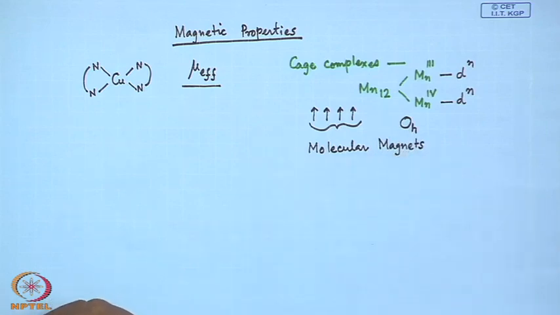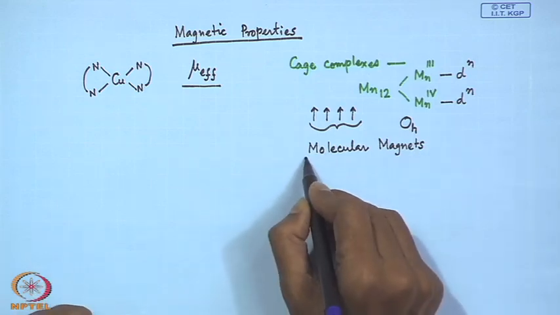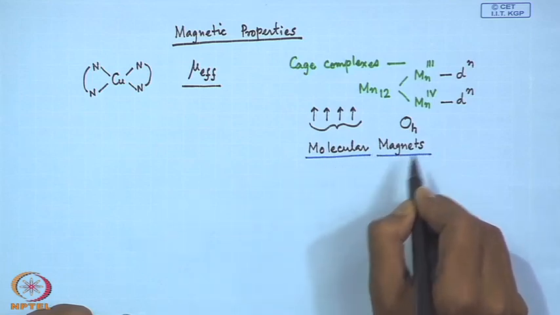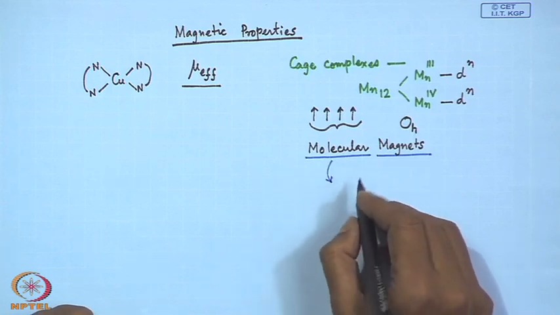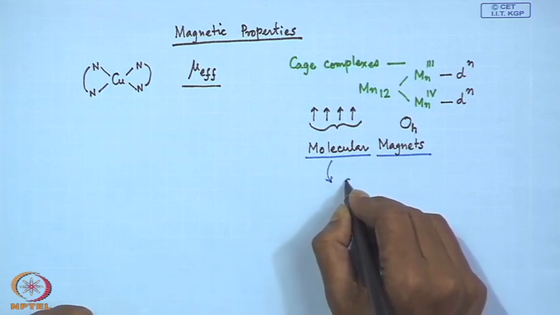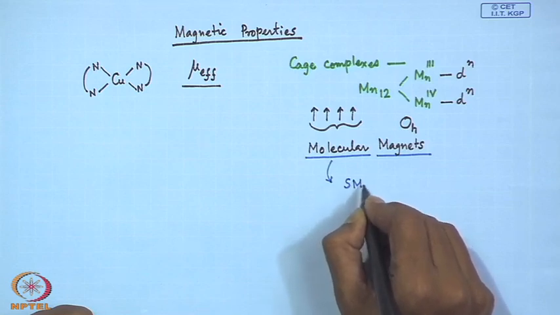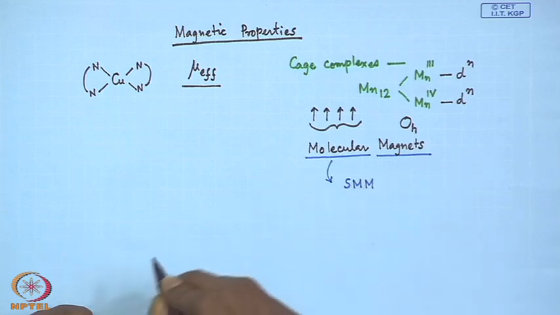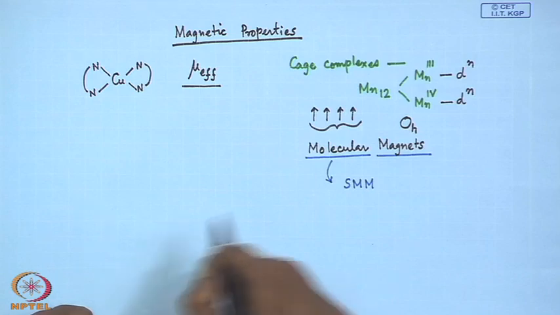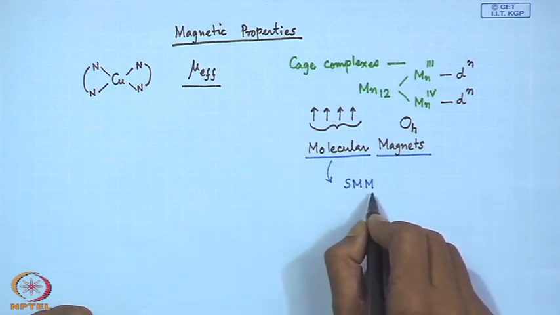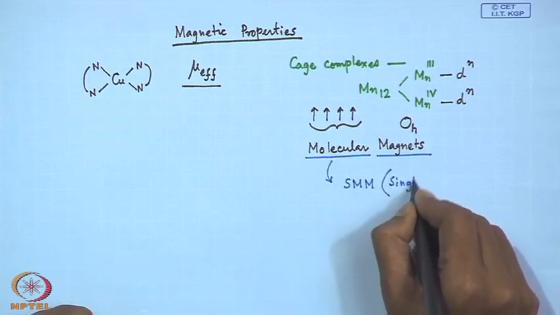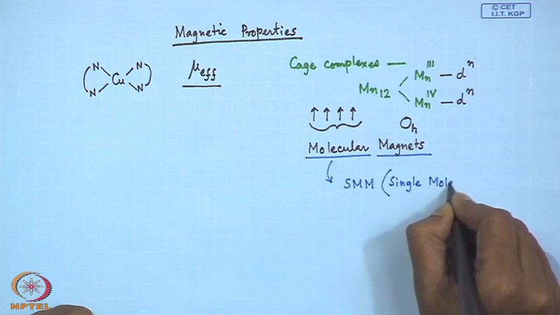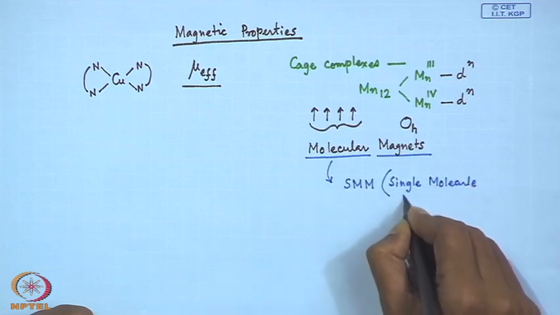These molecular magnets are a very interesting and exciting area nowadays, because this gives rise to 2 or 3 different branches when a particular single molecule can function as a magnet with some characteristic and interesting property. We can call it a single molecule magnet. So, this SMM is nothing but single molecule magnet,